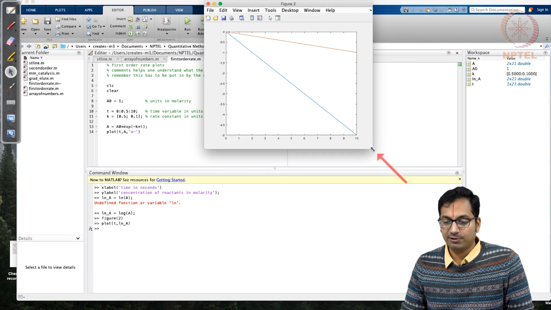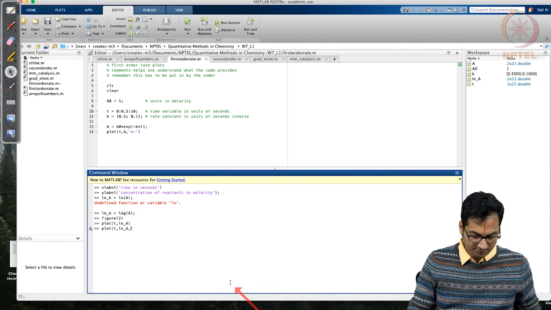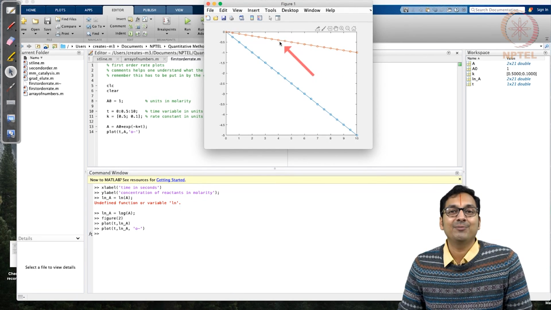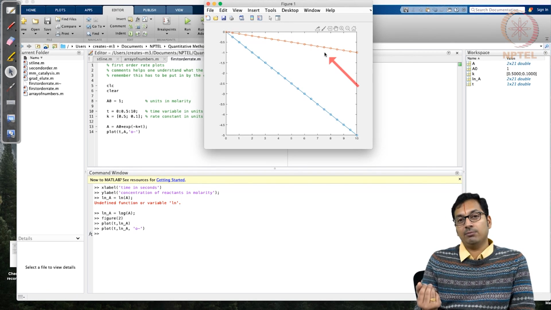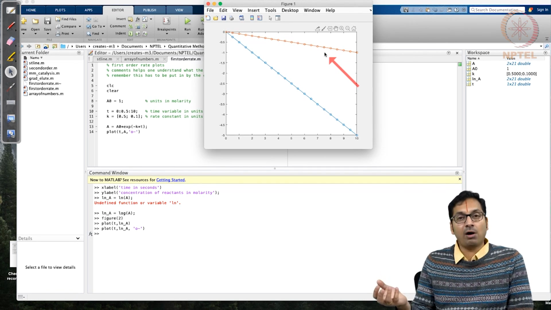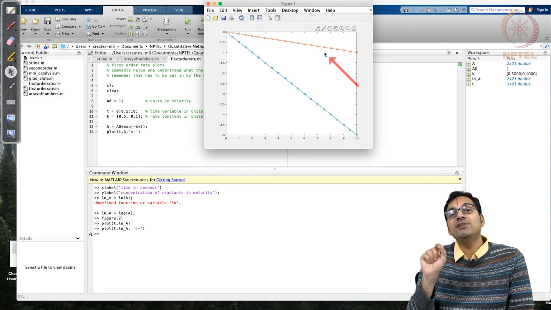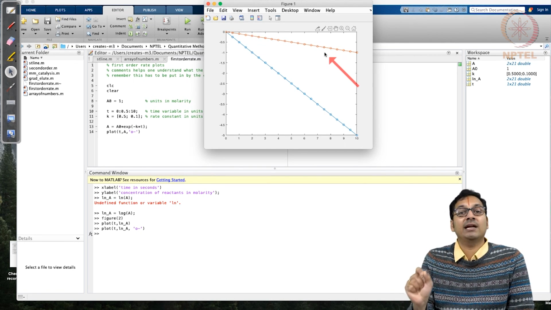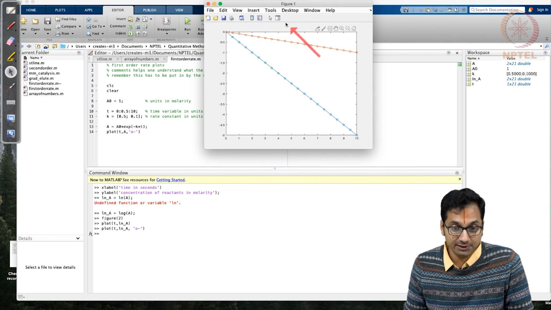So what you are able to realize, so we are not able to see the dots. So one good way of doing this, what you are able to realize is that ln as a function of t comes up beautifully as straight lines. So once again, any equation that one is able to get in any form, it's a good idea to numerically simulate it so as to understand which variables affect in a way that can be measured quantitatively. That is the whole purpose of this course, isn't it?